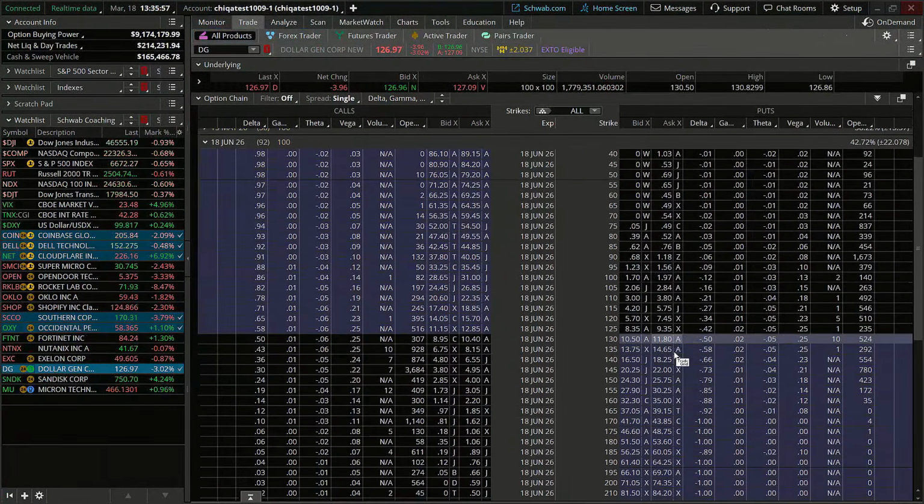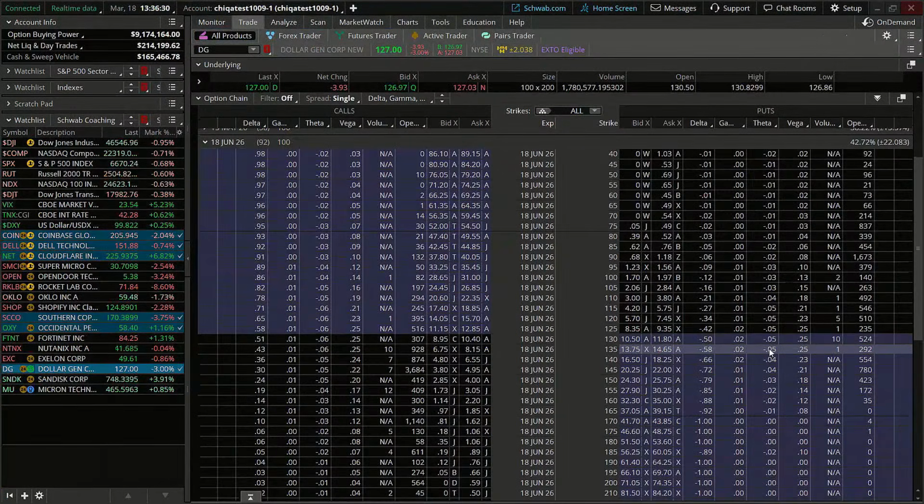And let's take a look at, we're looking here. Let's go with this 130 strike put here on this one. Okay, so you can see that the spread is tight between the bid and the ask. We have a delta. Let's go. I like this one a little bit better. The delta is a little bit larger on the 135. It's a little bit more expensive, but we'll get a little bit more of a move if price continues to move in our direction here. And the spread is still pretty tight on this one as well.